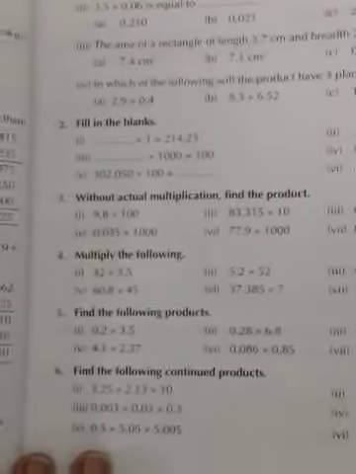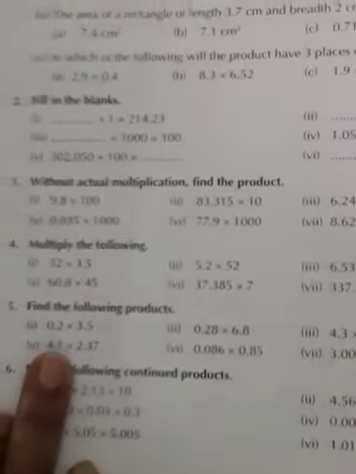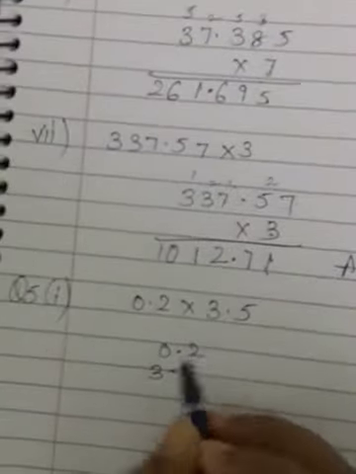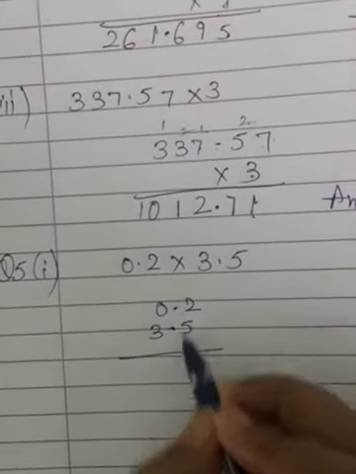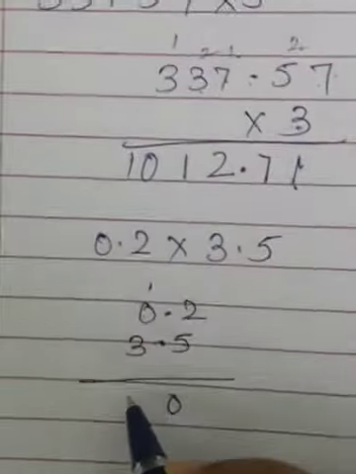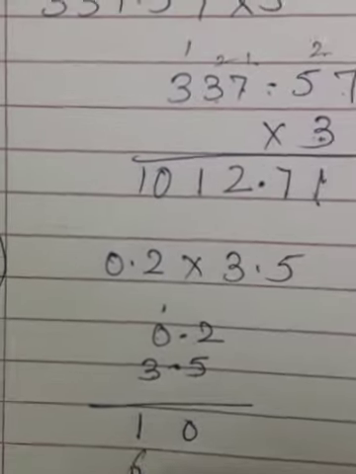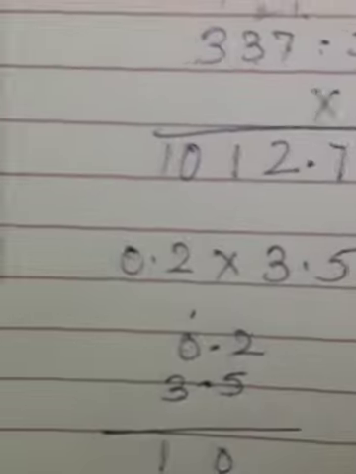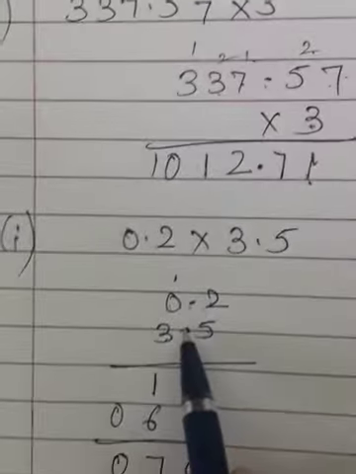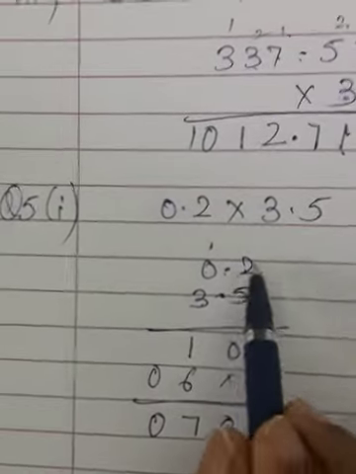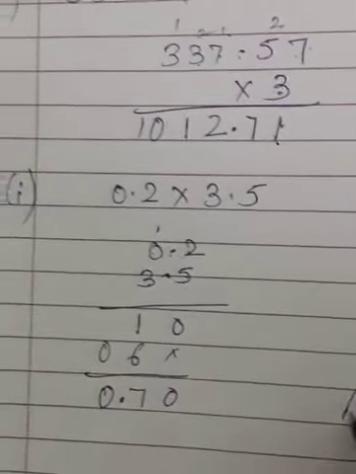The first one. This also is find the product, means multiply 0.2 into 3.5. So right here 0.2. You do in the rough or fair, wherever, but show it alongside if it is rough, or you can do it here also. 5 twos are 10, 1 carry. Okay. 5 zeros are 0. 0 plus 1 is 1. 3 twos are 6. 3 zeros are 0. So 0, 7, 0. After decimal point is 1 digit. After decimal point here also 1 digit. Total digits after decimal point are 2. So count from here 2. 1, 2. So this is the answer. 0.70.